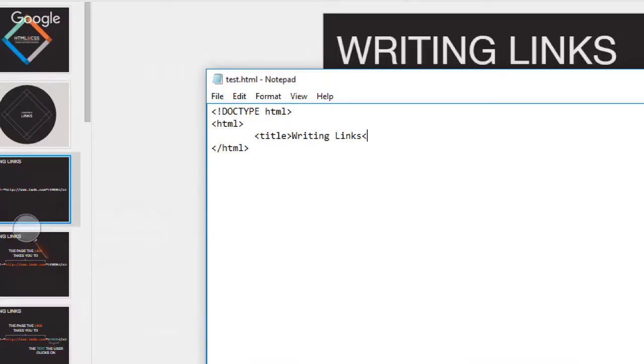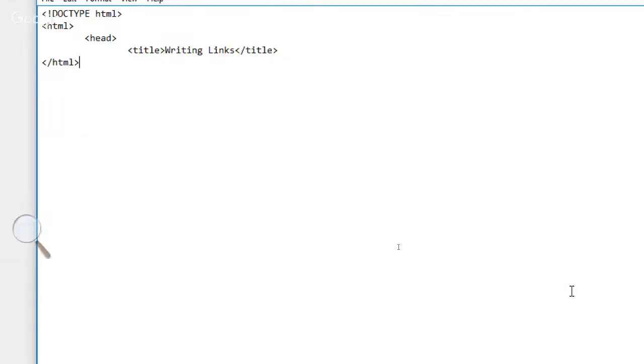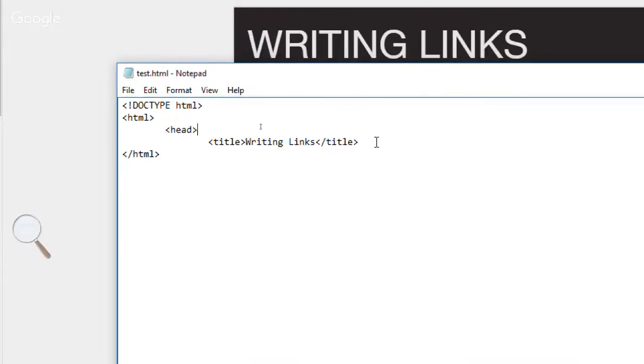Okay. Who remembers if we use a title, where does it show? On the tab, or if there is only one window, on the window of the page. All right. This needs to go in the head. So the title is going to be part of the head tag. And then in the body,